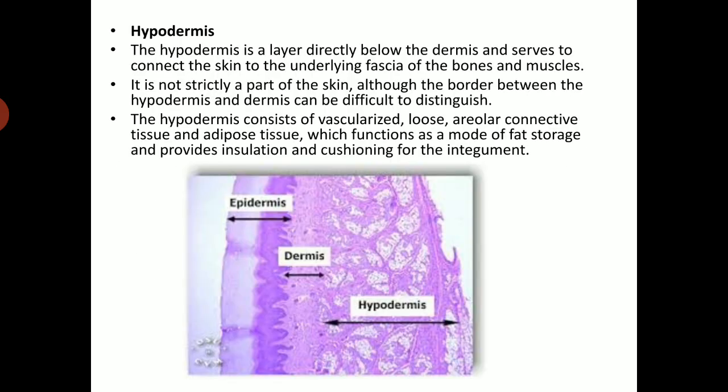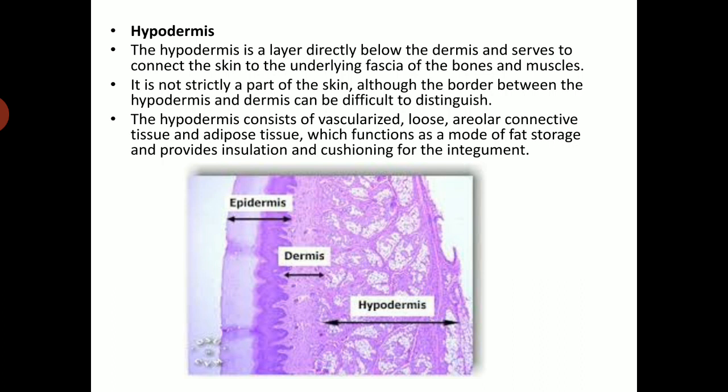Next layer is the hypodermis. The hypodermis is a layer directly below the dermis and serves to connect the skin to underlying fascia of the bones and muscles. It is not